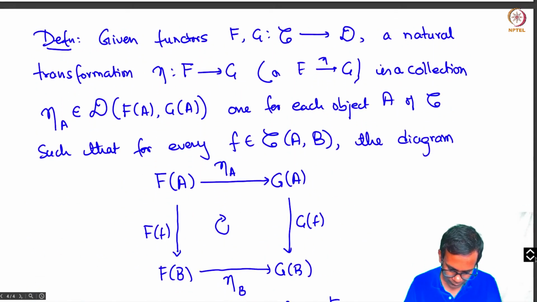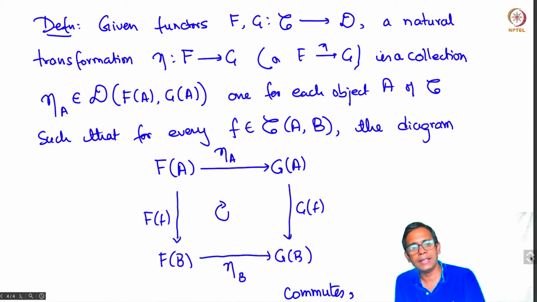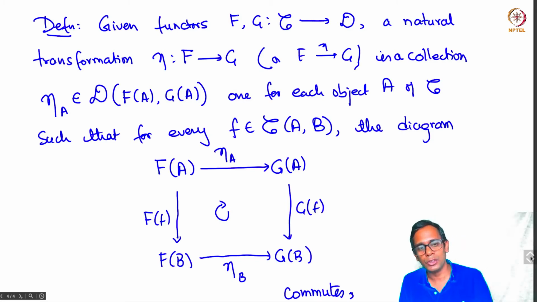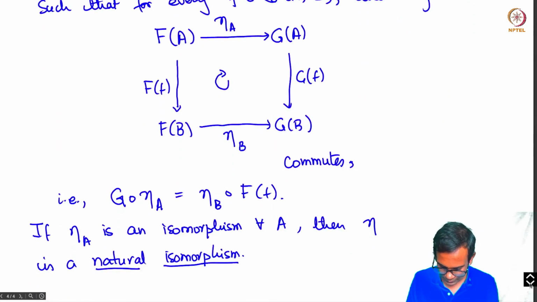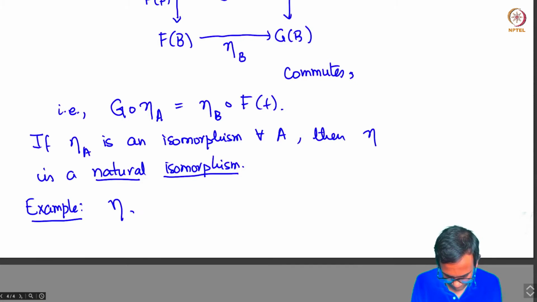So now just to get everything clear. Given two functors F and G, a natural transformation from the functor F to the functor G is a collection of arrows in the target category D, going from F of A to G of A, and this diagram must commute. So the upshot of this definition and the previous example is that eta G, which takes G to G op,